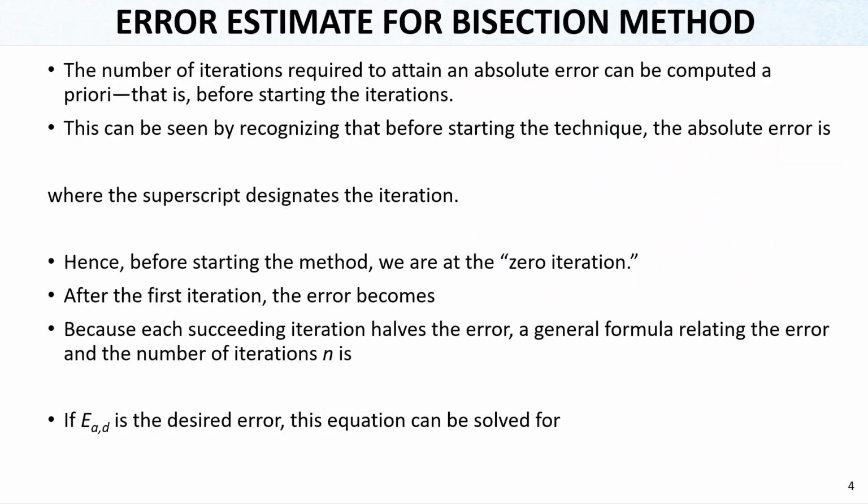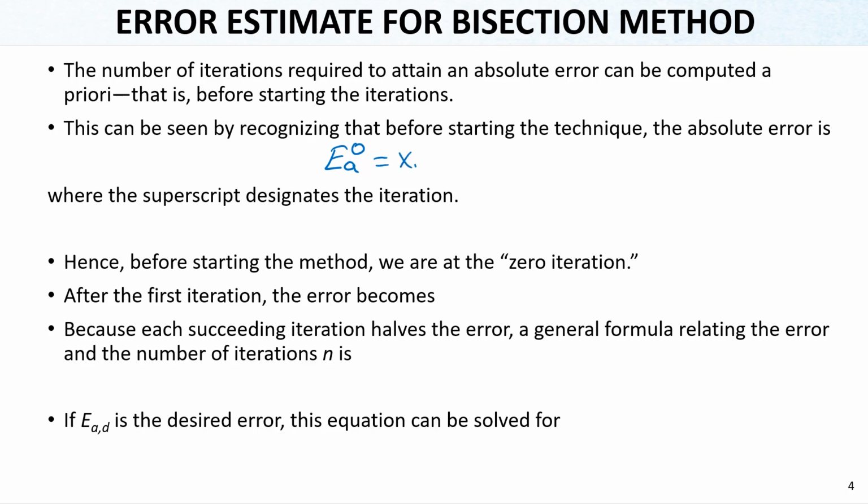We can also have an error estimate for the bisection method beforehand. The number of iterations required to attain an absolute error can be computed a priori, before starting the iterations. How can we do this? This can be seen by recognizing that before starting the technique, the absolute error in the zeroth iteration, where 0 is the initial iteration,